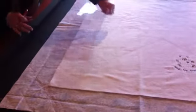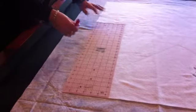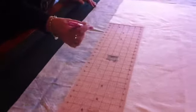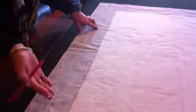and straightened up the blanket, so if there were any crooked edges you would use your ruler and just straighten them up. I use this pen. It's a biro, it's a friction pen, and the ink irons away when you're finished, so don't worry about marking things. So what I've done is I've put the backing right side down